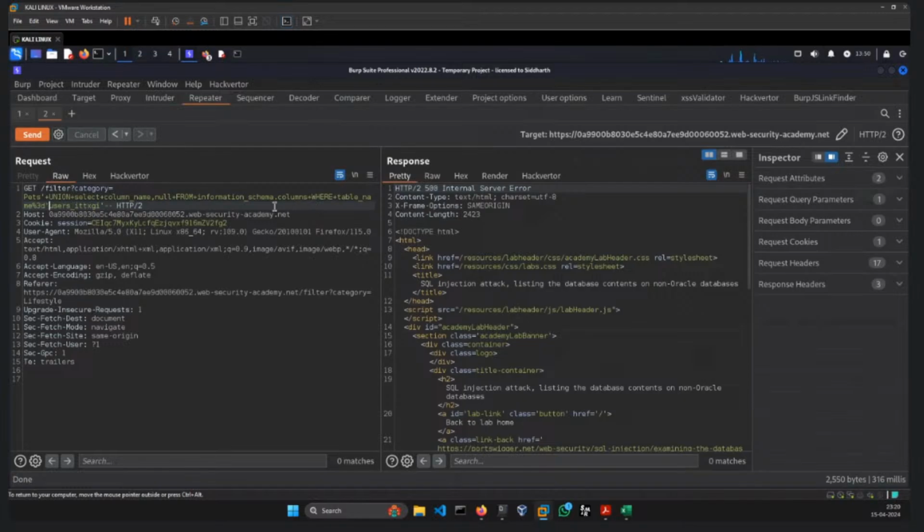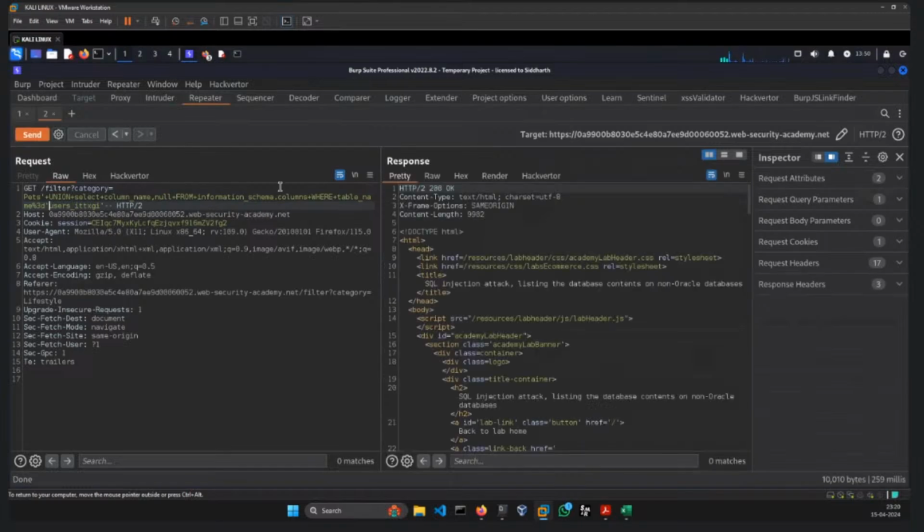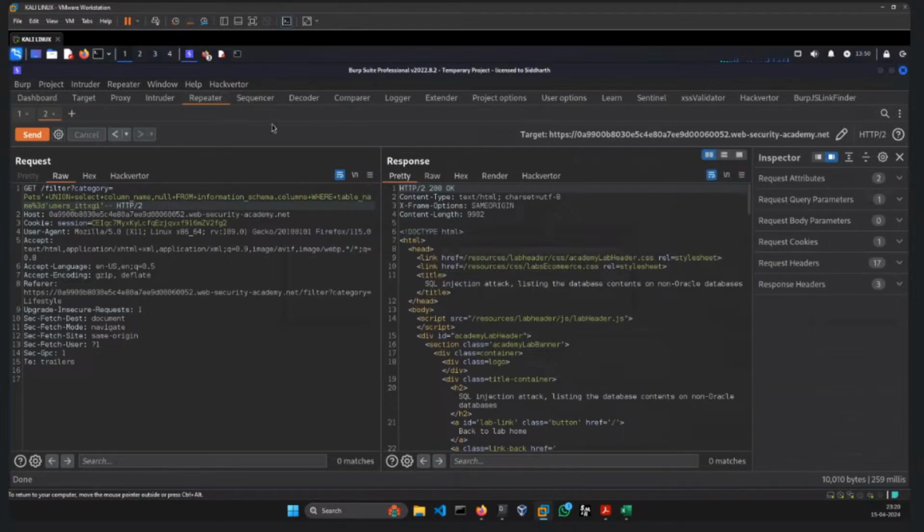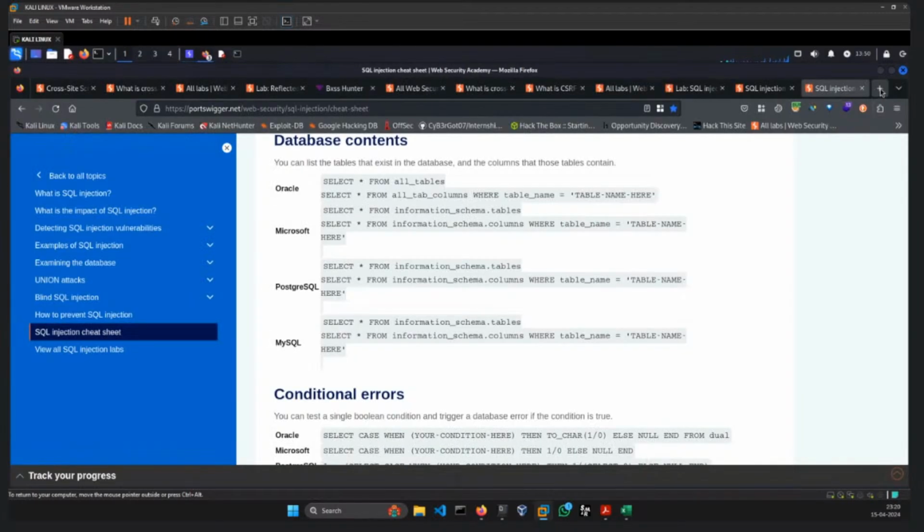Columns, information_schema.columns where table_name equal to users_ITTXGI. Let's see, 200. Okay, so you have to use single quotes. Now we will again see the response in browser. Copy this out, paste it,